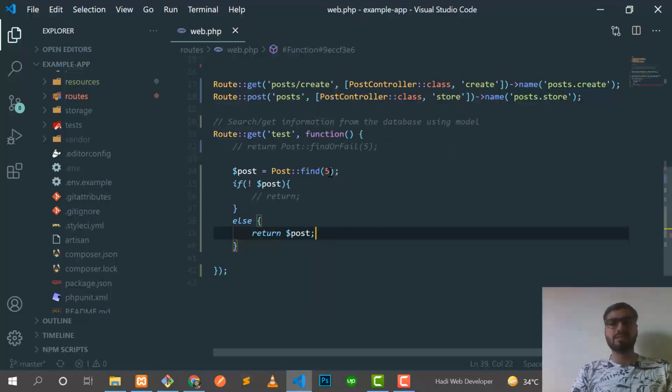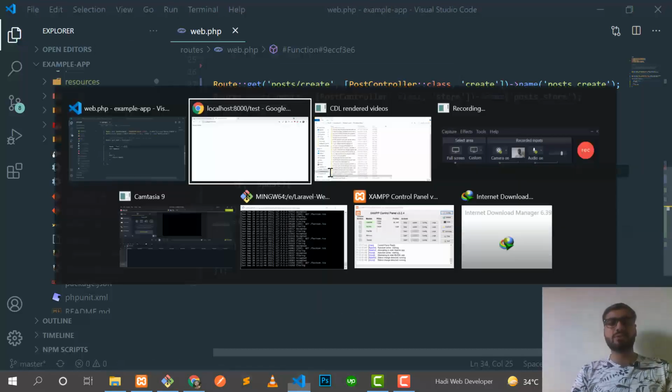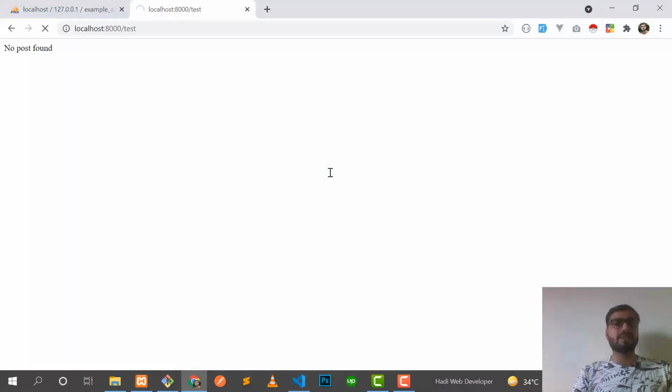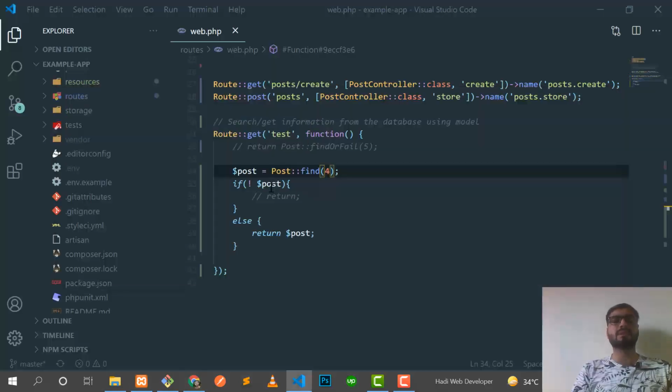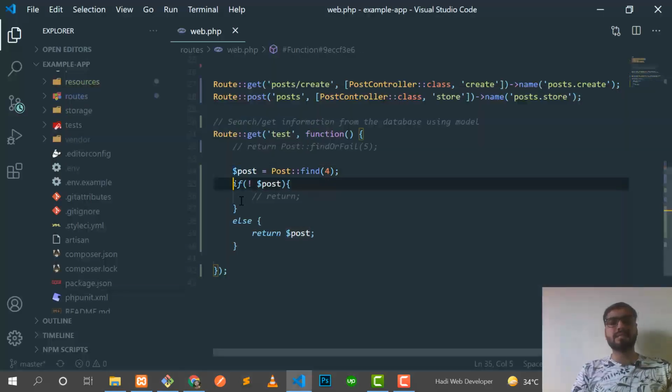Save this one and change the ID to 4. Save this one and give it a refresh, and yes, now it's returning post 4. That means it's first checking whether the post exists to display it, and if it doesn't exist, it executes this else condition. So this is very simple.